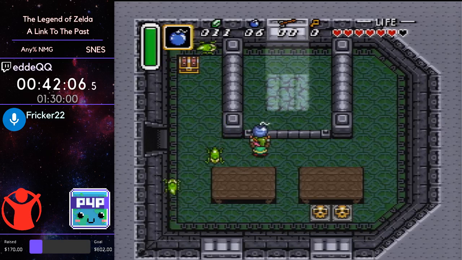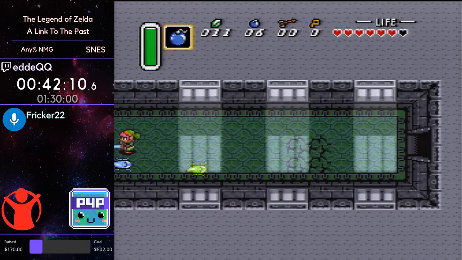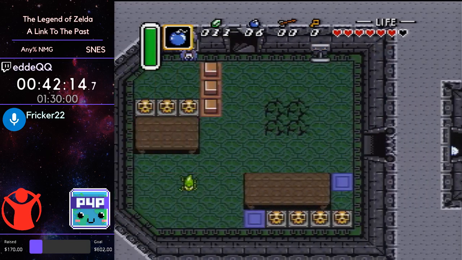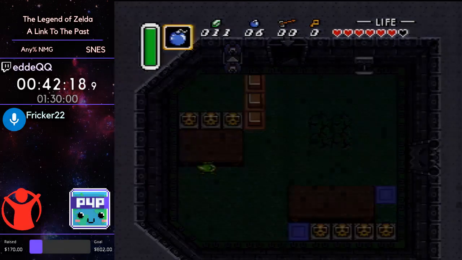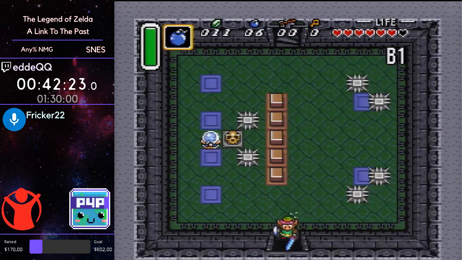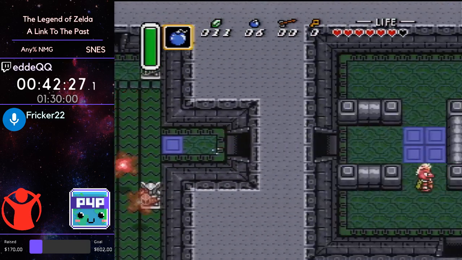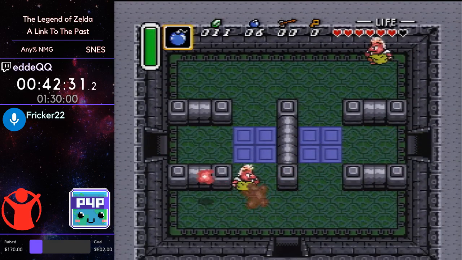Alright, so Eddie actually bombed the floor there. That opens up light, which we're going to need once we rescue Blind. That's the only way to activate the boss fight in this dungeon. But right now, we are going to make our way toward Blind. She kind of tricks us, but we're going to rescue Blind, and then we're going to make our way to the big chest, which contains the